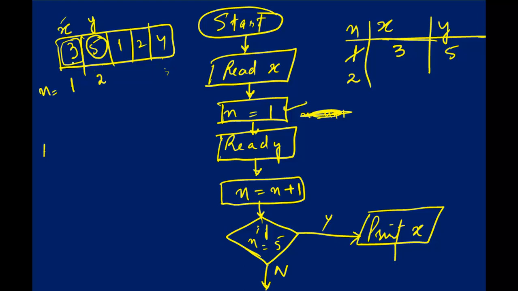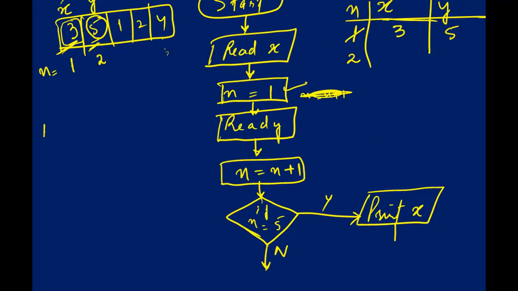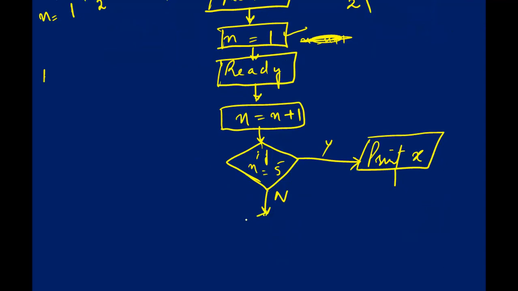I have to compare now. This x and this y are to be compared. Whichever is greater, I will assign that greater value into x. This time the greater is y. So I will check whether x is greater or y. I will write another decision box: if x is greater than y, yes. If no, this time it is no.